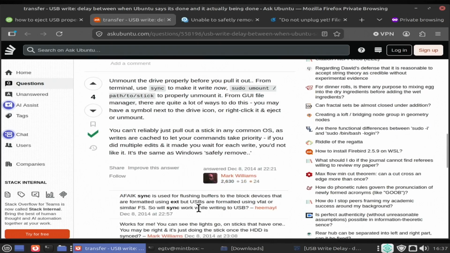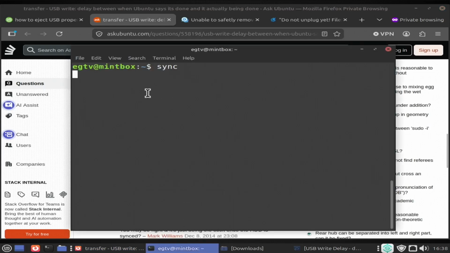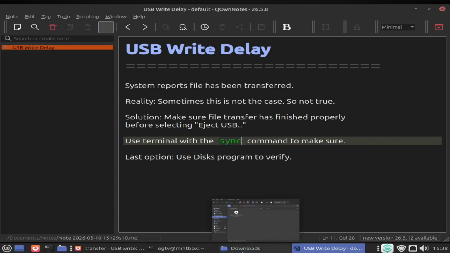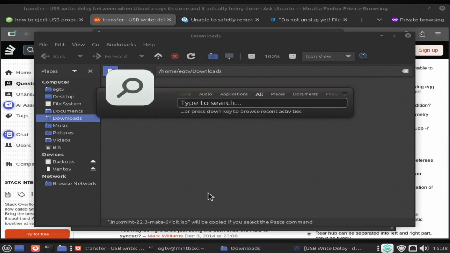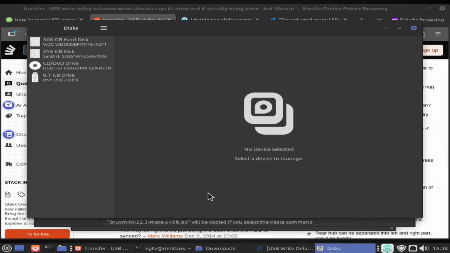This is probably the best surefire way for you to make sure that things are what they seem to look, and not just relying on the graphical user interface here. So now we're gonna fire up Disks in this case, and I will do this by firing up Synapse first and then typing disks. And as you can see here,